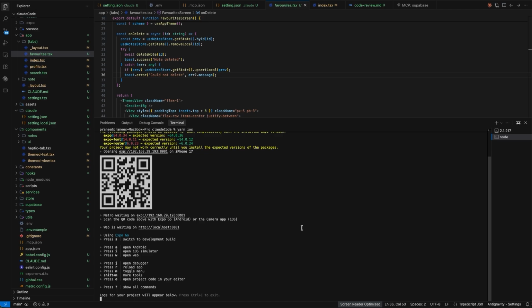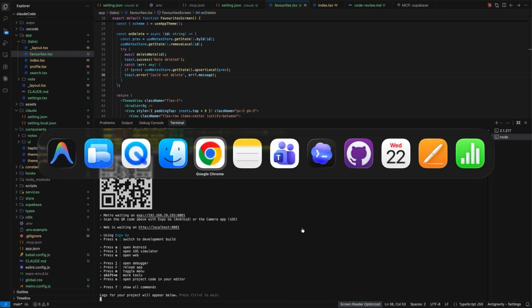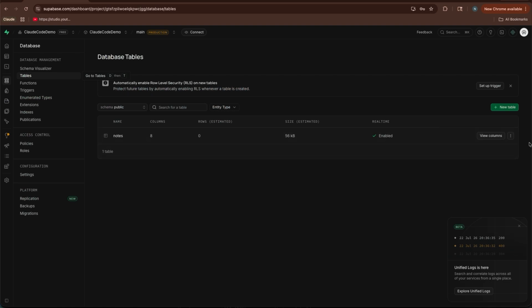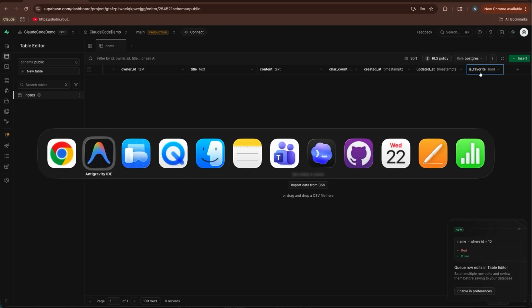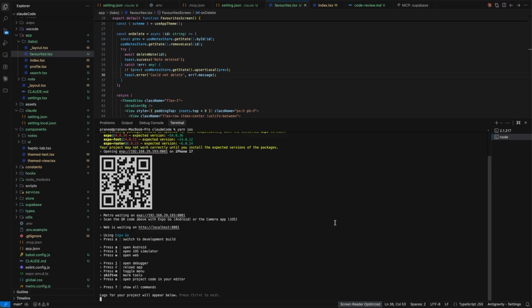Did Claude handle the notes table, especially for this favorite screen? Let's go to Supabase, and this is our notes table. Open in table editor view, and here we can see an is favorite column inside this table. So by using this boolean column, we can handle the favorite screen. So that's fine. I guess now all the operations that belong to this new screen are automatically handled by the Supabase